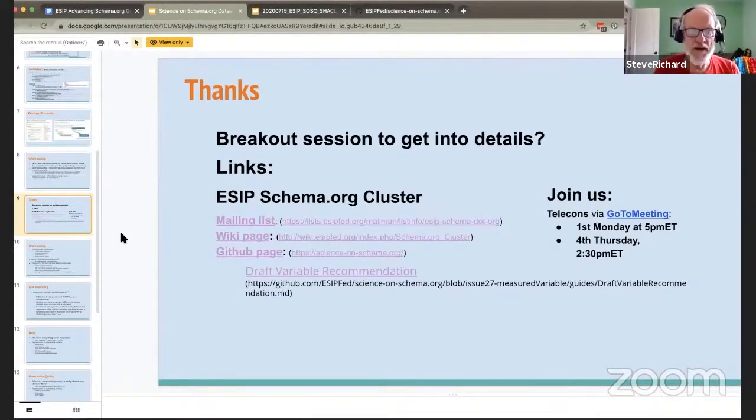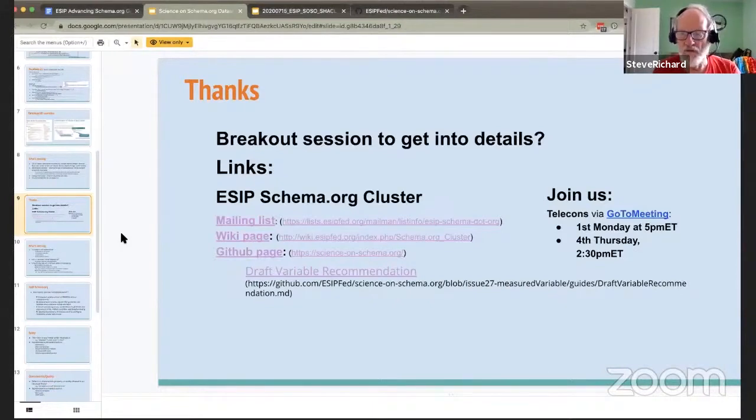Going back, we have some links here that hopefully will be useful for the Science on Schema.org cluster. There's a mailing list and the wiki page. On the GitHub pages, there's currently a discussion around these variable recommendations. It's a document in progress.